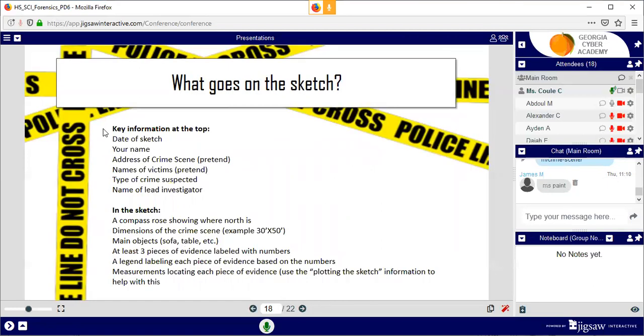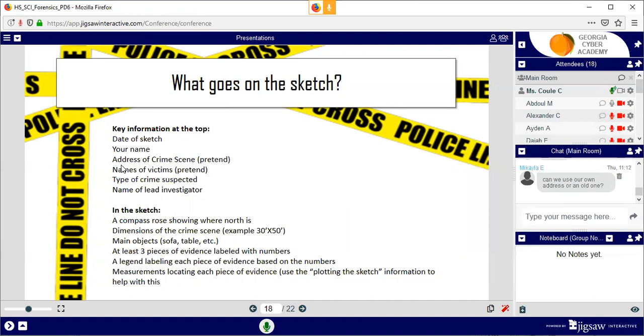And these are the things that are going to get you credit on your sketch, okay? So this is the most important thing here. If you do not label any of these things, you will fail the crime scene sketch, I'm telling you right now. We talked about how details are important for a crime scene sketch, and that's why this is the most important part, okay? I don't care if you have artistic abilities, but